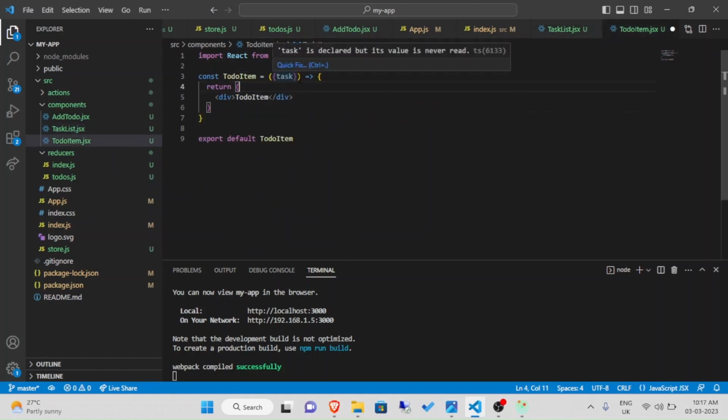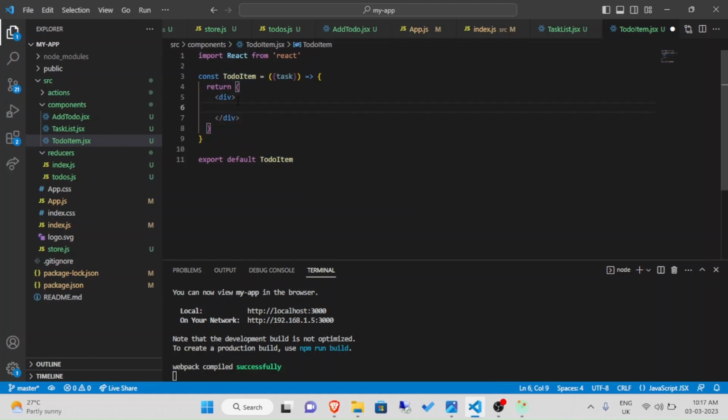It's up to you. Now here is where we are going to define our edit and delete functionality. The reason is, as we saw in the demo, the edit and delete was provided next to the to do item. But just for the sake of simplicity for now, in order to visualize our added to do items, I'm just going to write a p tag, paragraph tag, and inside this paragraph tag I'm simply going to write